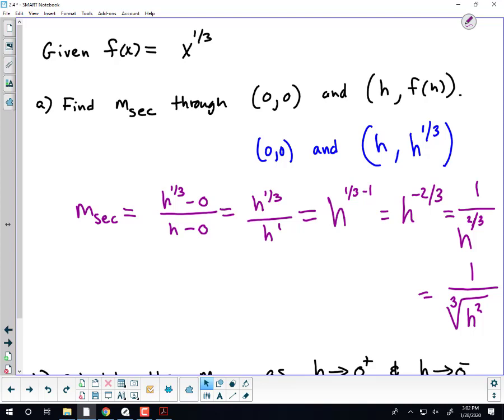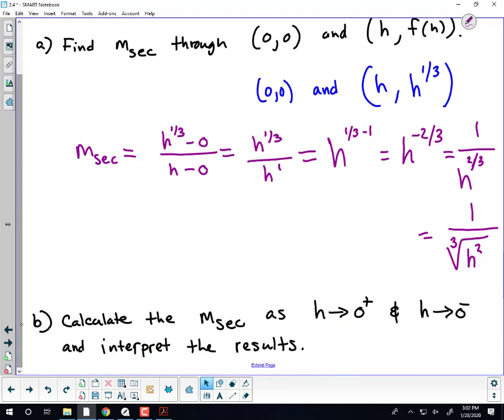They're saying find the slope of the secant line on this point, and h is just some value, right? h is over here, maybe h is over there, whatever. Just think about h again as a distance from 0. There's f of h. So all we did was find the slope of the line that connected those 2 points. Okay, can't really do anything with that. It just represents a slope. So then part B,